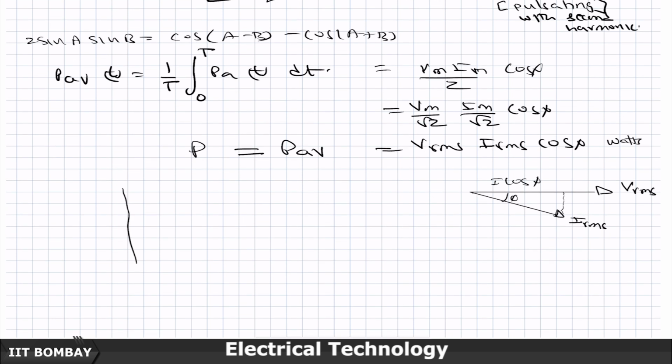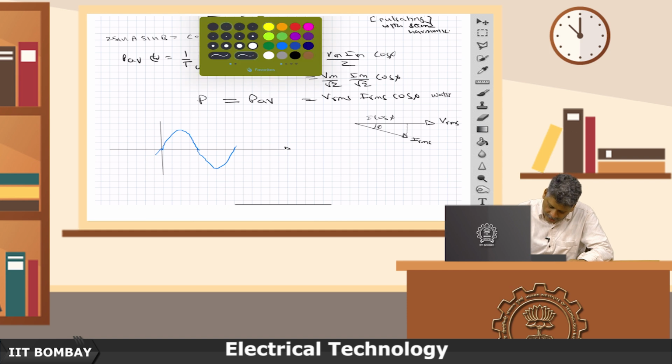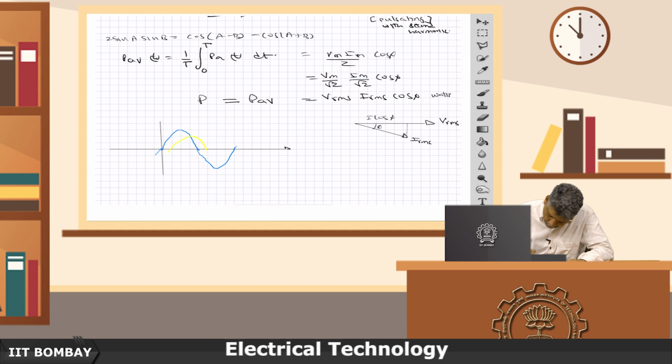So, it is like saying that if this is my current, this is my voltage phasor, the sine of omega t, and let me sketch lightly this as my current phasor. So, this is V, this is I,